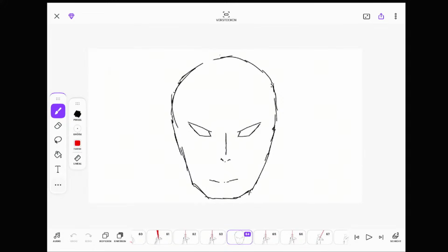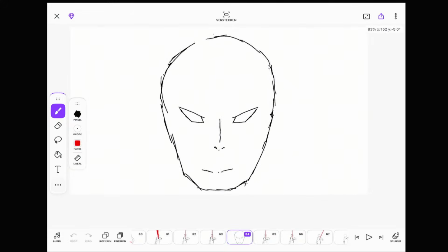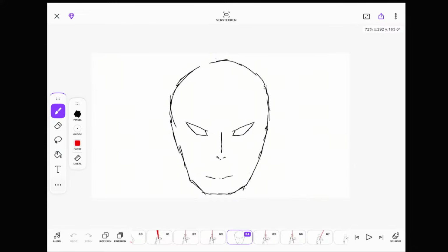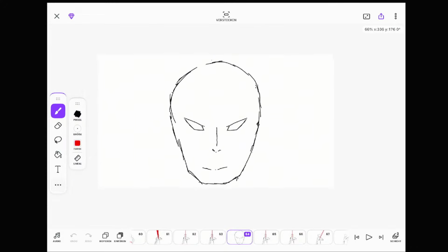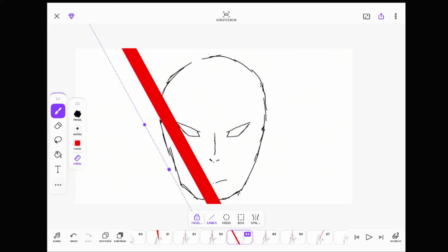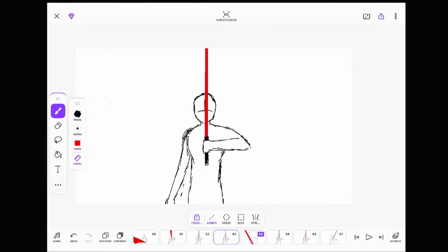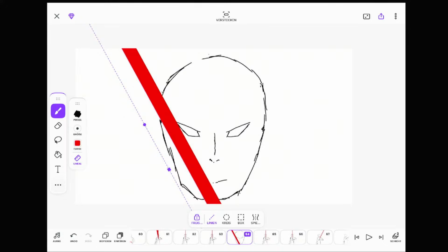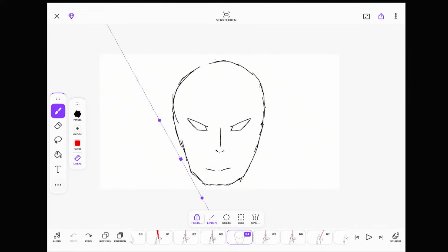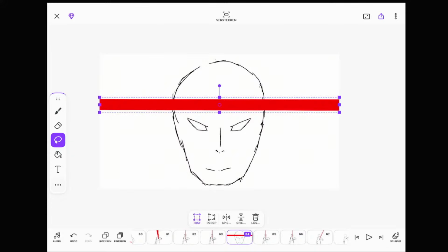And then later when I'm doing all the colors, I'm also going to animate maybe a little bit of lighting and shadows on the head when the lightsaber is moving in front of his head. That's good.